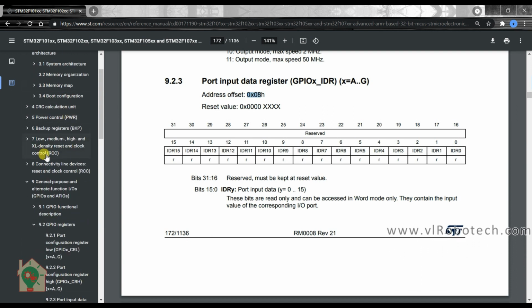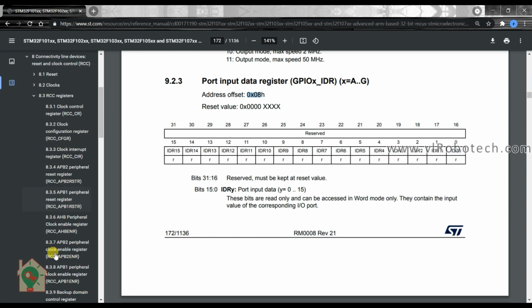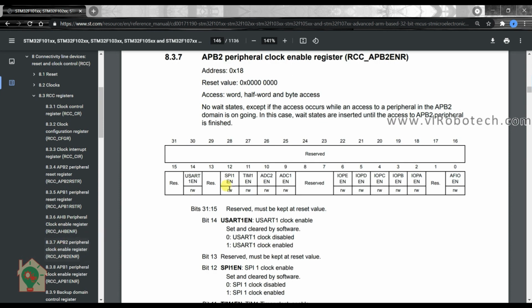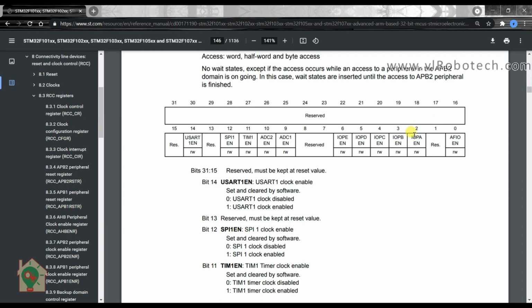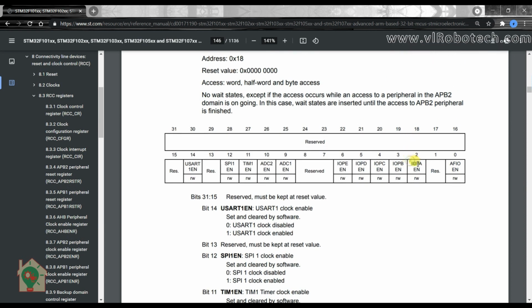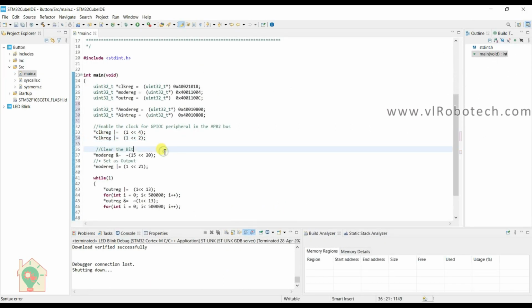It is in the RCC registers. Here it is, APB2ENR. To enable the clock for port A, we have to set bit 2. Okay, I will set the second bit position. So it will be 2, right?